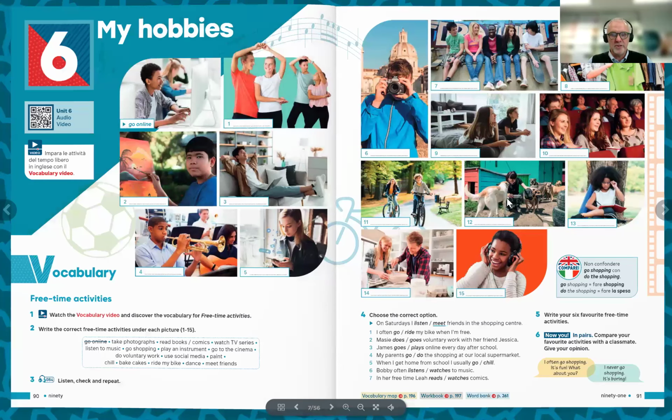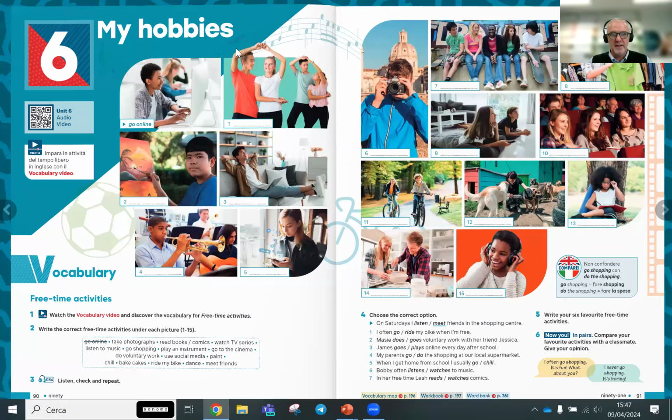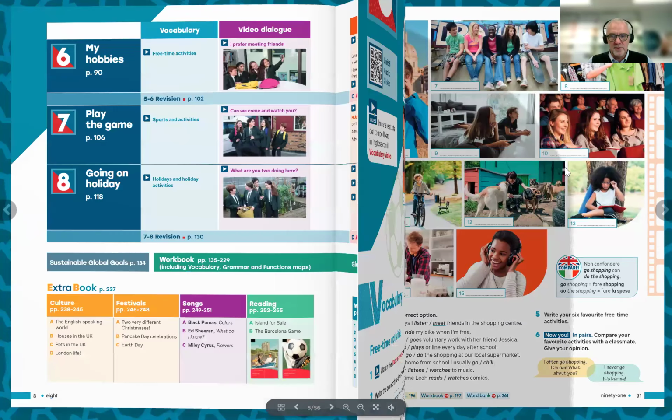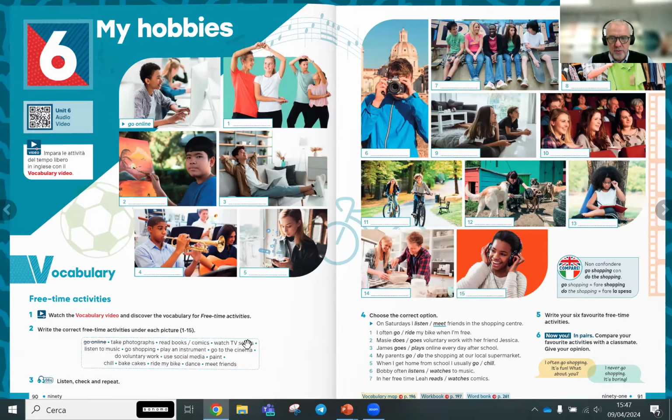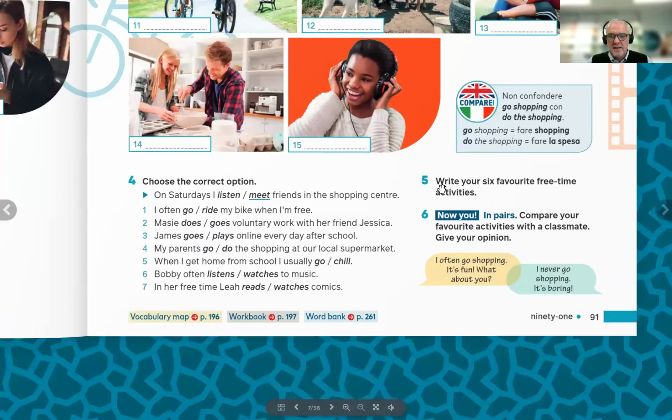Can you see when you start a unit, this is unit 6, a wonderfully clear use of images across 2 pages to present vocabulary. So my hobbies is what we have here. And here, oops, sorry, here you can see clearly on the screen what is going on. And then I'm going to go and show you. You can maybe go and say, now you try. So you have a way for looking at a particular activity in that way.